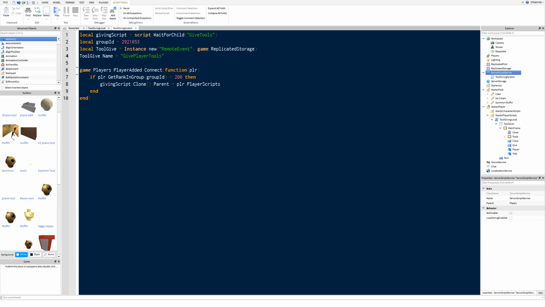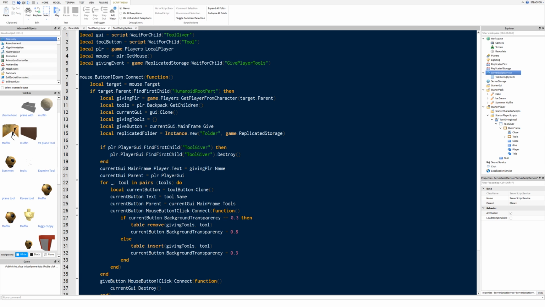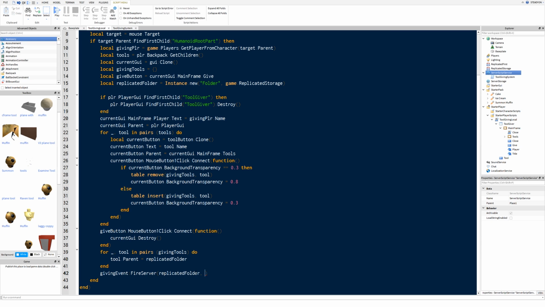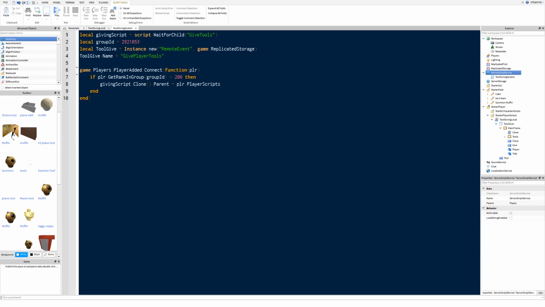So basically what this does is when it's called, it will give the player you're trying to give the tools to. Actually, I forgot to do that. We are going to add an argument here, a parameter, to it. So basically what it will do is it will give the other player the tools that they want to give the other player. Okay, so what we're going to do is we're going to say tool give on server event connect,